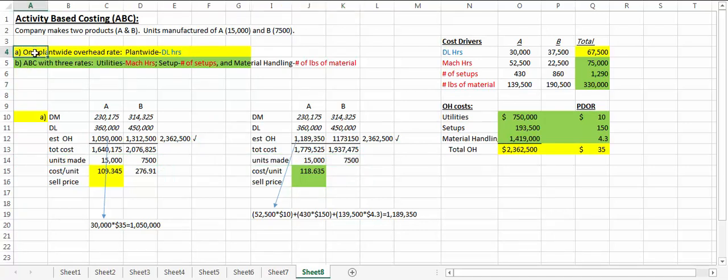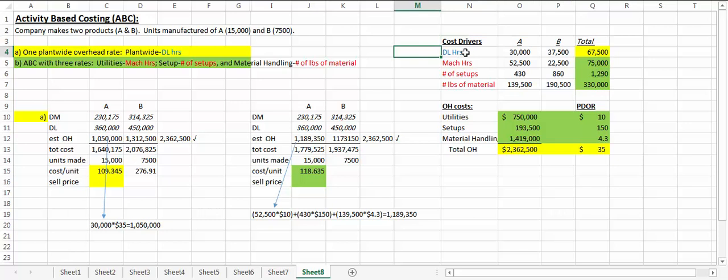The company is considering two approaches. The first one is the application of overhead using one plant-wide overhead rate, or one cost driver overall, which you learned earlier. And then the second consideration is activity-based costing, in which you use more than one cost driver or predetermined overhead rate. For this purpose, we are going to assume that this is the information given by the company,